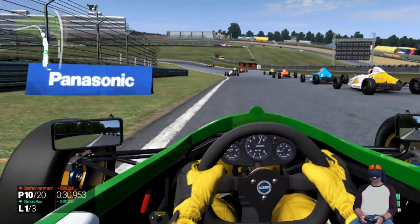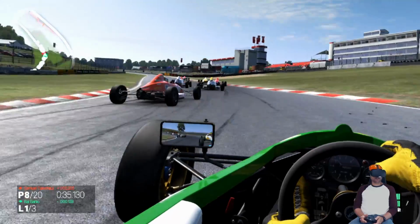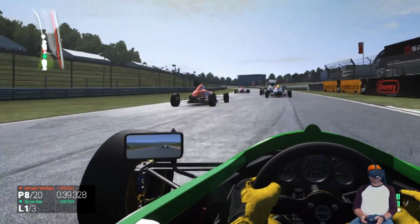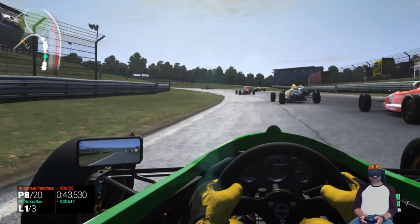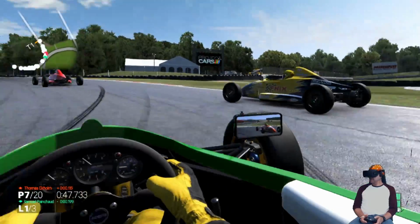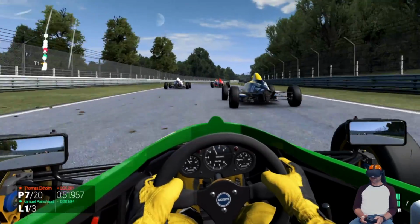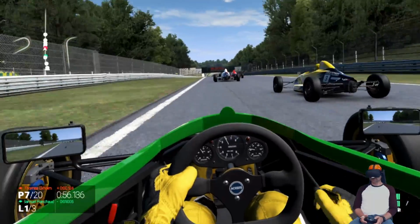Playing in this position is my favorite. Now there are other positions you can play in. I'll show you when I hopefully get into a straightaway. But I think it's kind of cheating playing the other position, because you can actually see yourself losing control and beginning to drift, in which you can compensate then. In playing in this position, you can't really do that. You just kind of hear it, and you almost see it, but it's definitely a little more intense driving